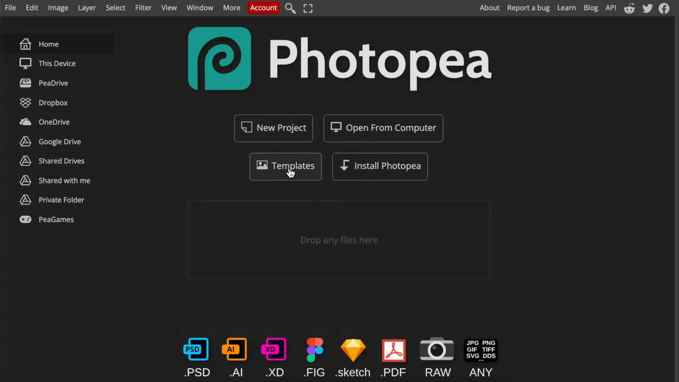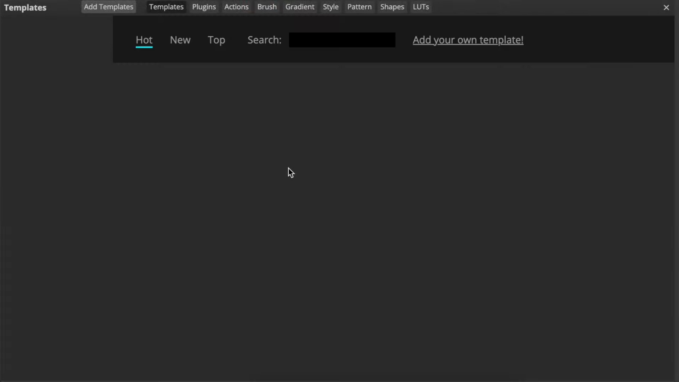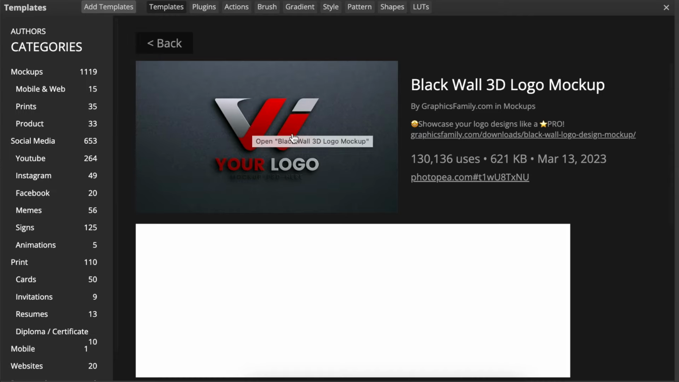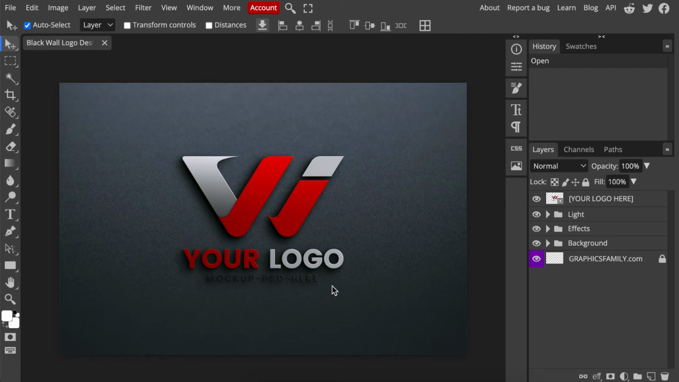www.photopea.com, and then go open up your templates if you're using a template from Photopea, and pick any 3D mockup that you want to use. So you could always select mockups and find a mockup. I like this one. I'm going to click and open it and then select on the link to open the mockup. After it has loaded, you're going to double click on the checkered box to open up the background, and